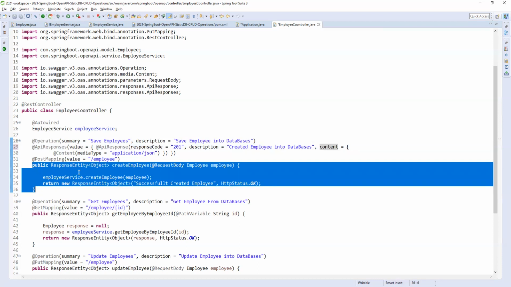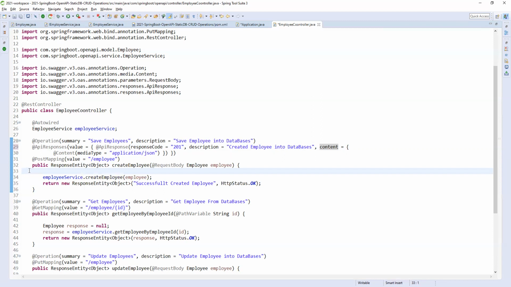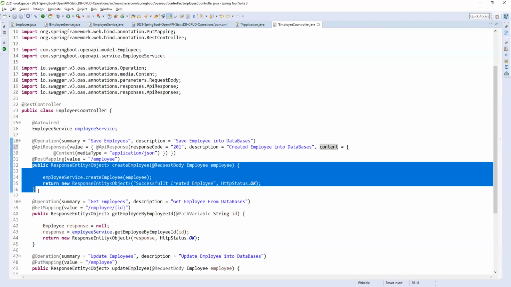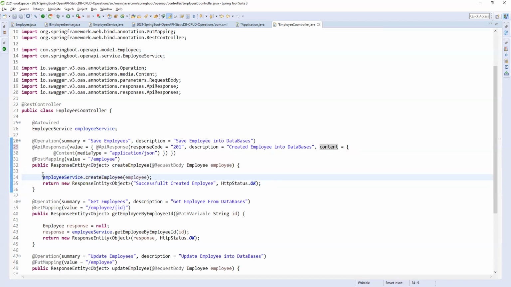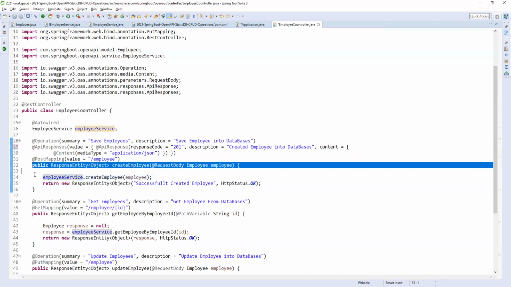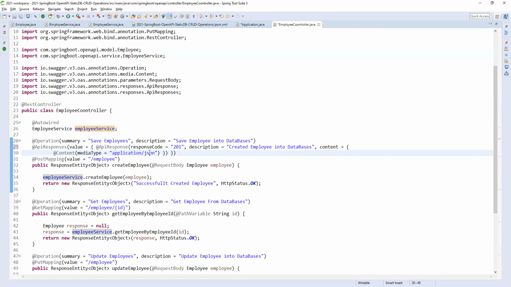You can mention the content of this API, which means you are documenting your API. My API will always take application/json format, so you can give that. Media type means the request data type and response data type of your application. The content type we need to give is application/json.